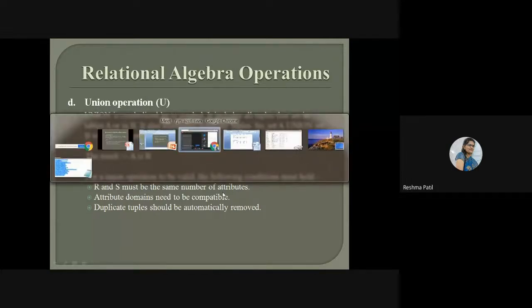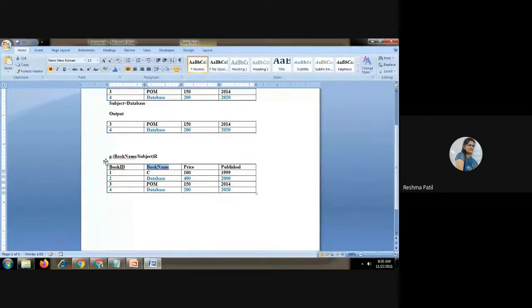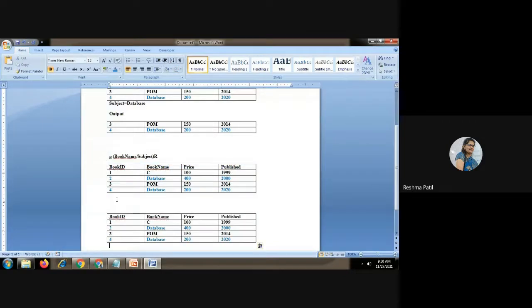So we have one table, for example, this table and this table. How many attributes are here? 1, 2, 3, 4. This should contain 4 attributes. The second table. So we will give here the name, for example, book, and here our name is subject.